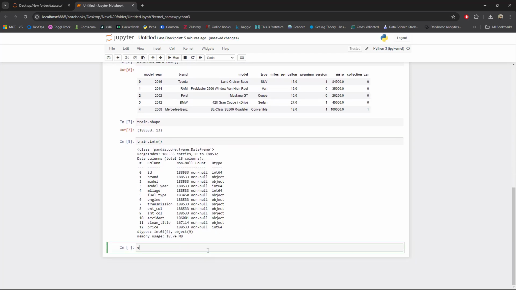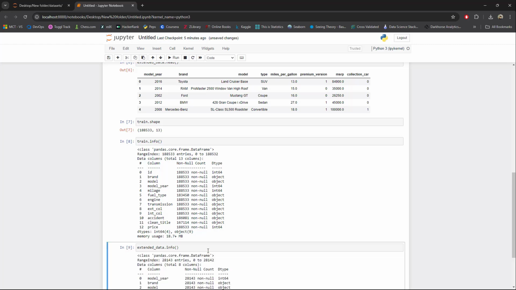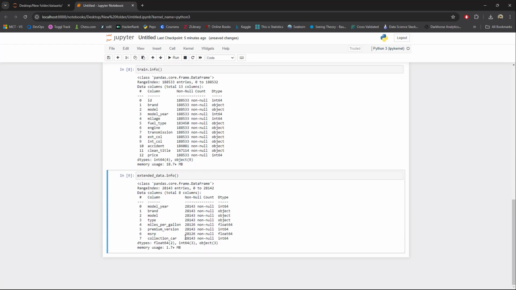Let's also check the data types of the extended data. There's also some missing values here. We might have to, if these null values are in the training data set, we might have to perform some